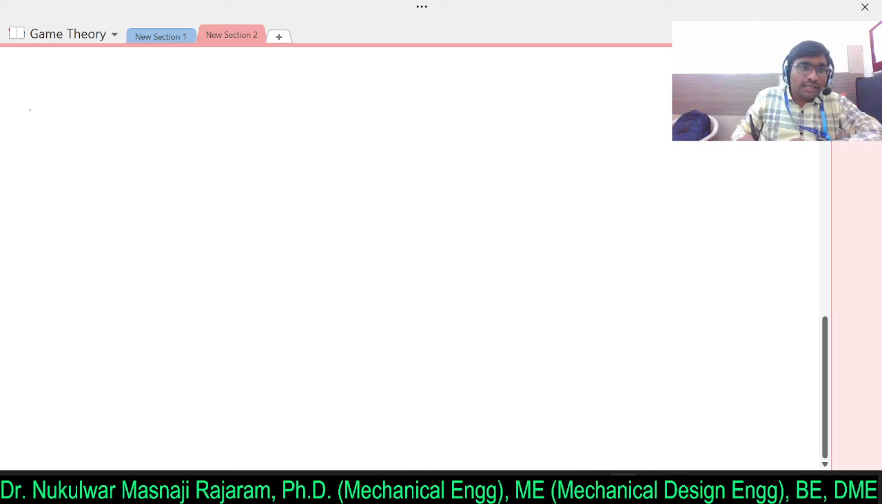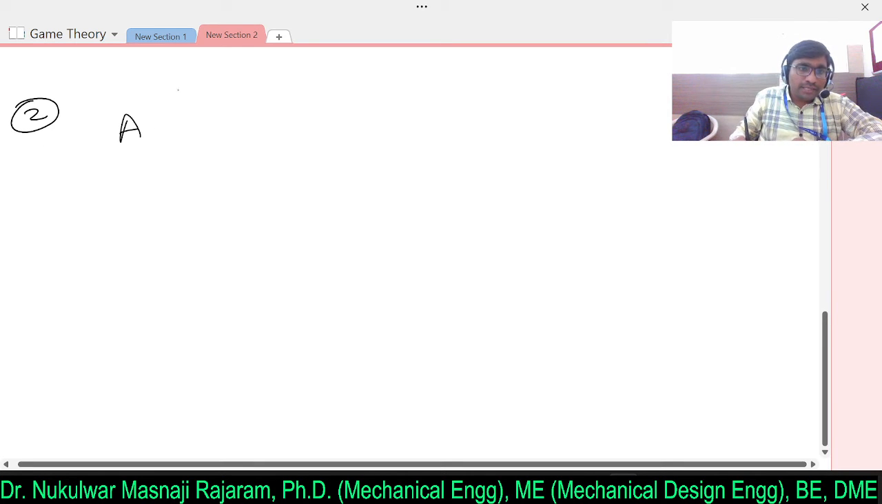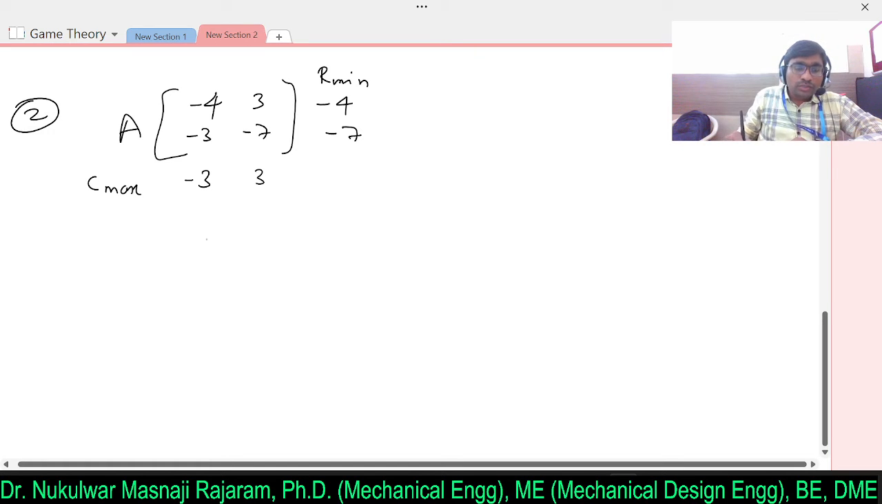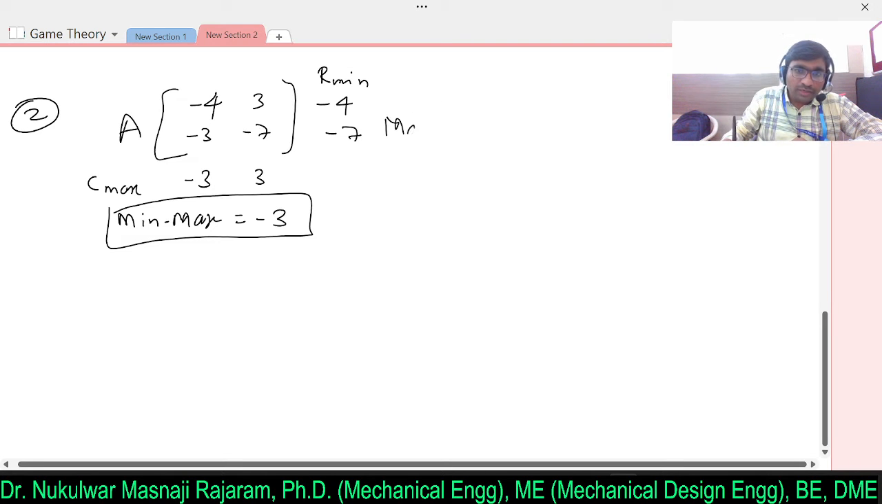Now let's consider another example. Here player A has -4, -3, 3, -7. So I will write R minimum and C maximum. Here if you observe, R minimum is -4 and -7, column maximum is -3 and 3. So if I evaluate the min-max, which of the two is smaller? -3. Min-max is equal to -3, and if I evaluate max-min,